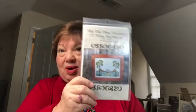I am stitching this for a prompt in my Daily 30 challenge, and I was to stitch on my most relaxing WIP and tell why. So in addition to this one being on 28 count, I think it's more relaxing because when I stitch on my By the Bay piece, I can almost hear the water lapping up against the shore and the bank, and I love that. I grew up with that, and we had a lake right behind our house when I was a kid, and then our vacationing spot most weekends for my dad to fish at Lake Sinclair, I could hear the lake lapping up at the bottom of the